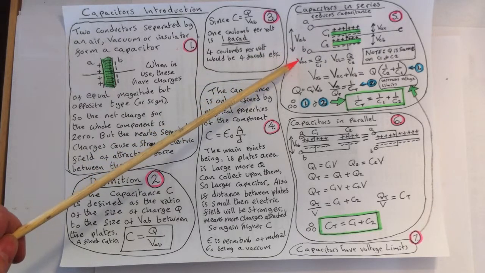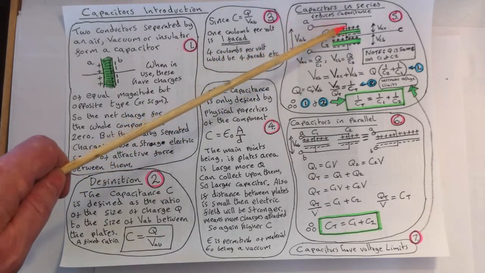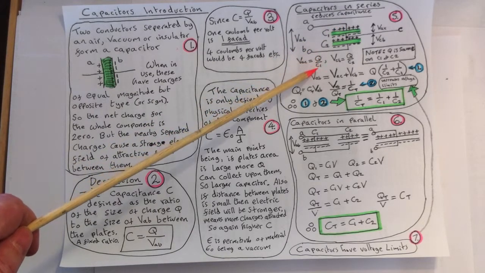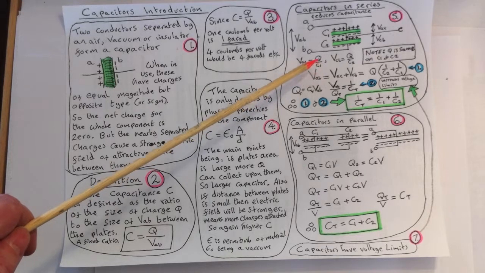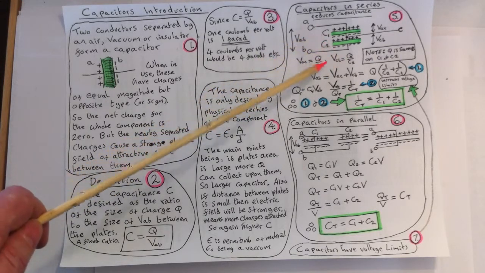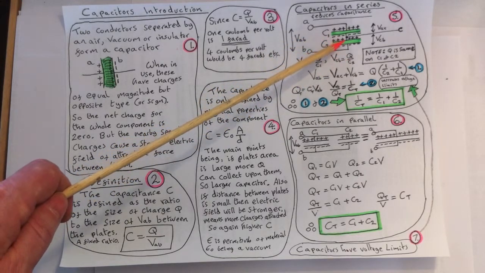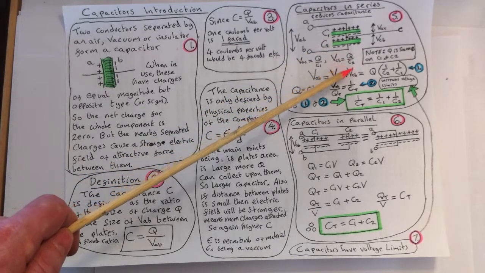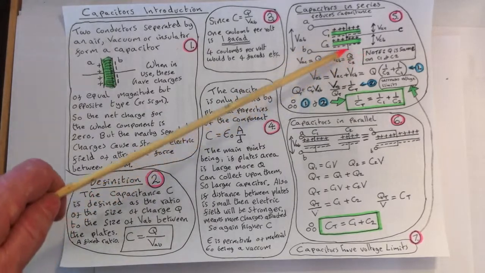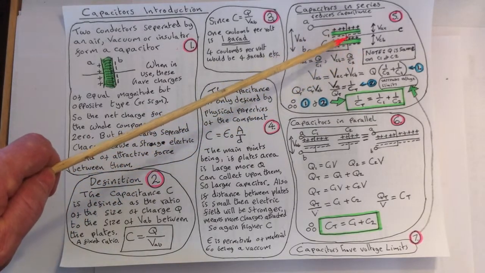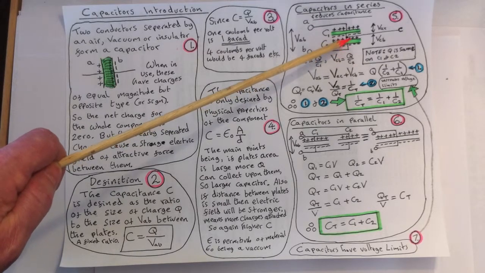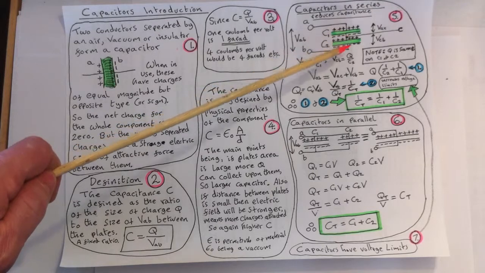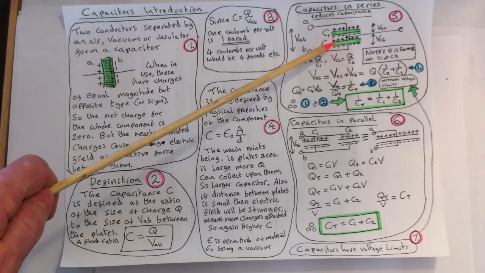So the voltage across C1, across these plates of C1, is the charge divided by the capacitance, and the voltage across this capacitor here is again the charge divided by the capacitance. Now the interesting thing is the charge is going to be the same, and this is the important point about series capacitors. The charge on this capacitor is exactly the same as the charge on that capacitor, because if you see that there's